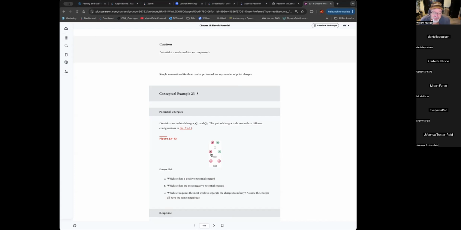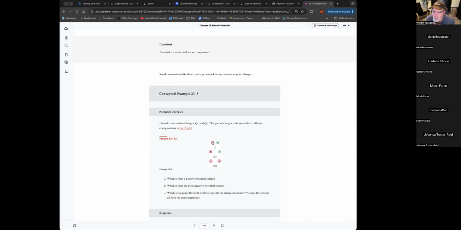Okay. Now the other one is quite a bit different because the two positive charges, they actually repel each other. And that means this is like they're really a turtle on top of a really tall telephone pole. Okay. So that's the way of thinking about it. Now, when you actually go to calculate it, let's take the pink positive charge. That pink positive charge is establishing an electric potential given by Q. Let's use K because it's a lot easier to say K instead of Q over 4 pi epsilon naught. So I'm going to say the electric potential created by the pink charge in all cases is KQ over R,